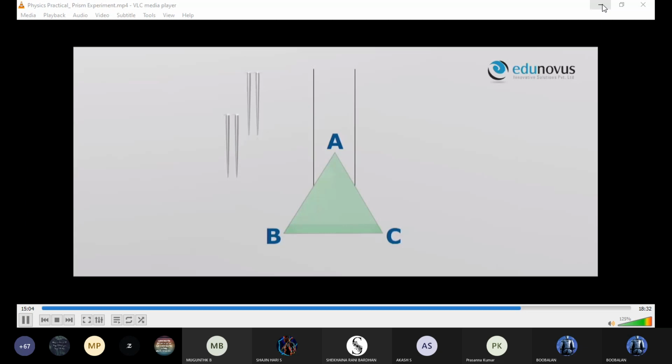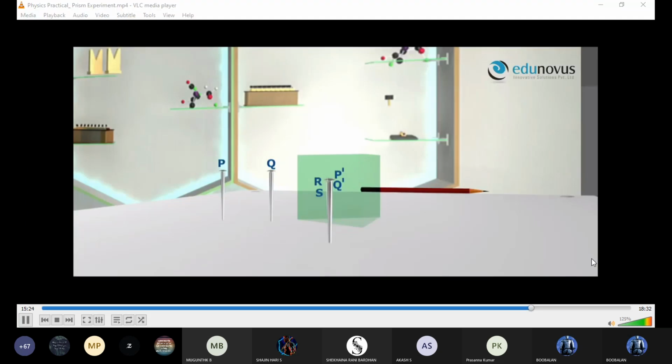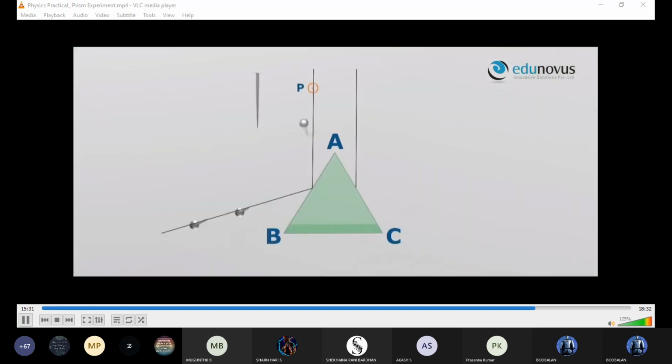Now, looking through the face AB, fix two pins R and S in such a way that the reflective image of P and Q and the pins R and S all lie in a straight line without any parallax. Here, PQ represents the incident ray and